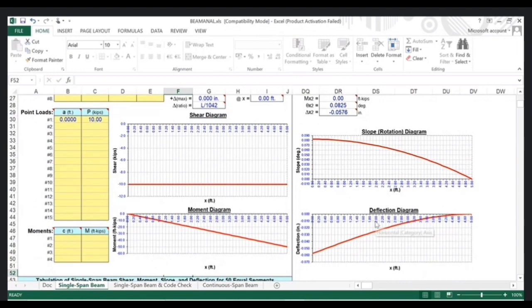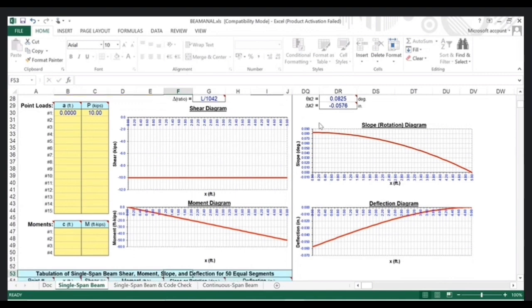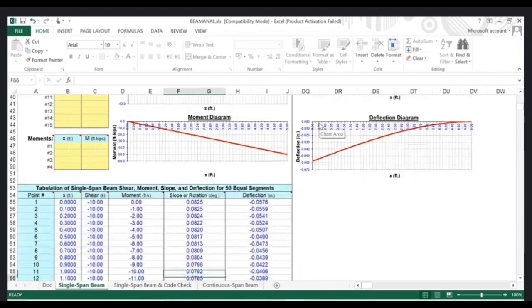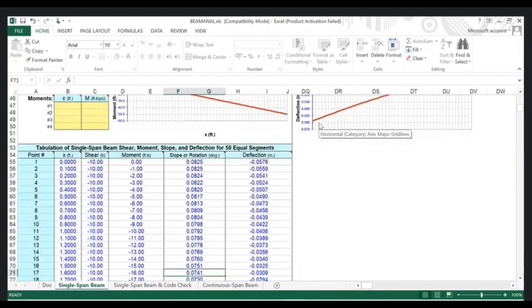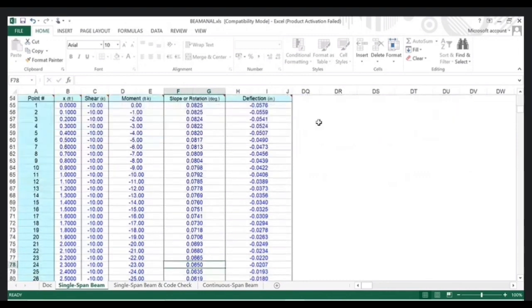So we know that at the right end there is a fixed support, so there is no deflection, no rotation. Okay, so the value is 0. And at the left end there is a free end, so here we get the maximum deflection value. That deflection is WL cubed divided by 3EI, and the slope value is WL square divided by 2EI. So we can see here the profiles of the moment, slope, deflection, and the shear force. And here are the finite element tables for the 51 nodes.